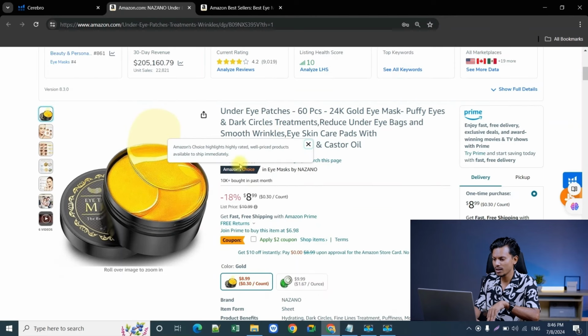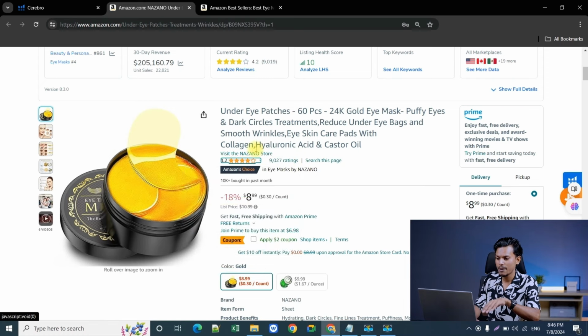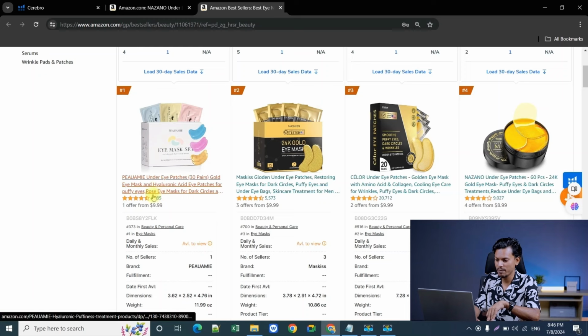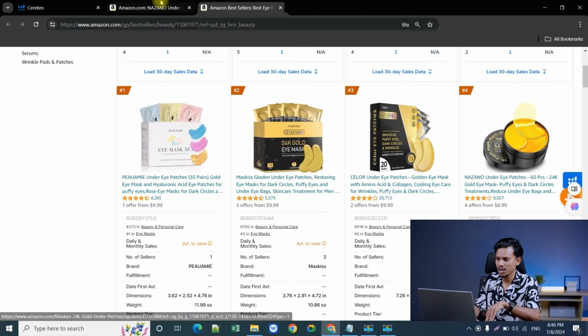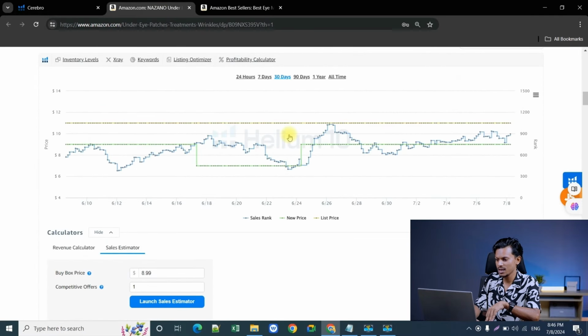If you look at the ratings, it's obviously great, but at the same time, if you look at the competitors, they're even better. It is, I think, 4 point something more. Can I see it here? No, I need to go there, so I won't bother going there. But the competitors' ratings are actually great if you compare them here. Whatever. If I come here and go below and check this